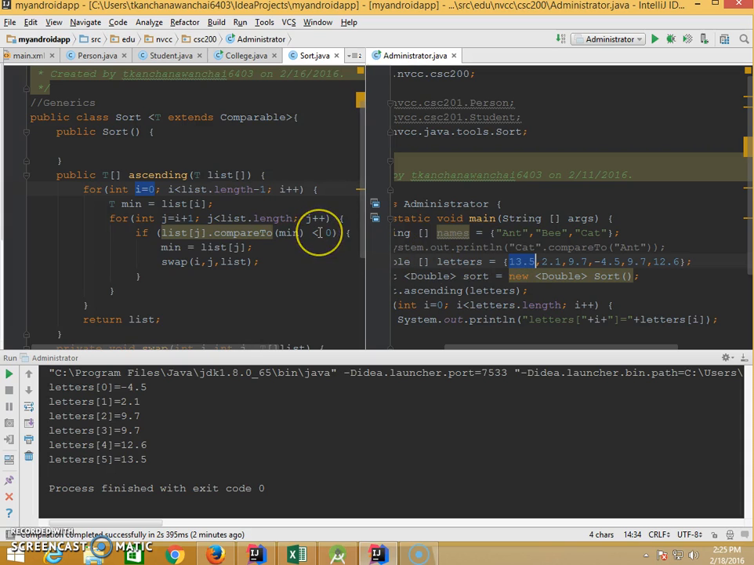If it's less than 0, it's smaller. If it's greater than 0, that means 13.5 is bigger. If it's equal to 0, then it's equal. So if I found that this number happened to be smaller, then I pretty much just swap it. Swap, like for example,